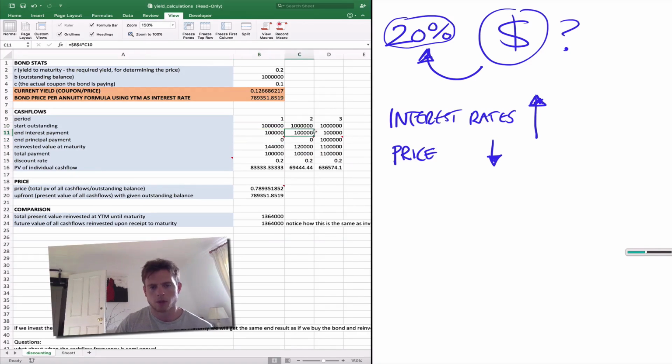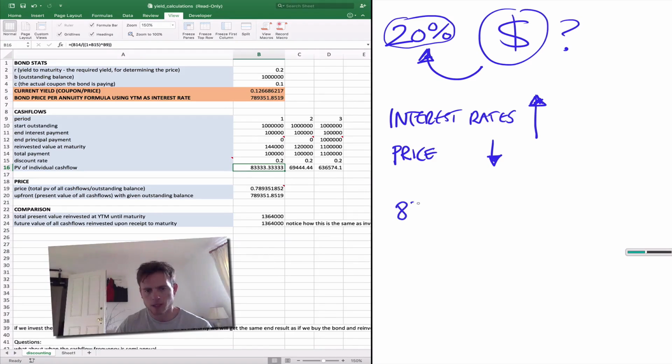The coupon is basically 100,000 per year, right? But the question is that the discount rate we're using to determine the present value of those coupon payments has now changed. So if you look at the present values now, the present value in today's money of receiving £100,000 one year from now is only